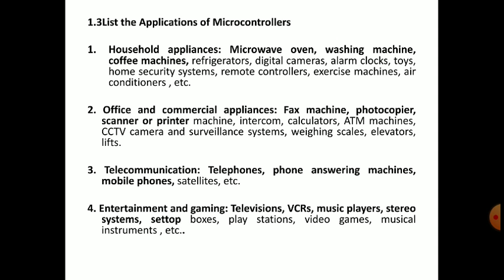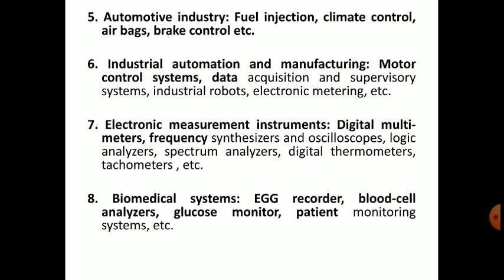And in the entertainment and gaming section, we have televisions, VCRs, music players, stereo systems, set-top boxes, PlayStations, video games, musical instrumentation, and etc. In the automotive industry, it is fuel injection, climate control, airbags, brake control, etc. In industrial automation and manufacturing: motor control systems, data acquisition and supervisory systems, industrial robots, electronic metering, etc. The seventh, electronic measurement instruments: digital multimeters, frequency synthesizers, oscilloscopes, logic analyzer, spectrum analyzer,